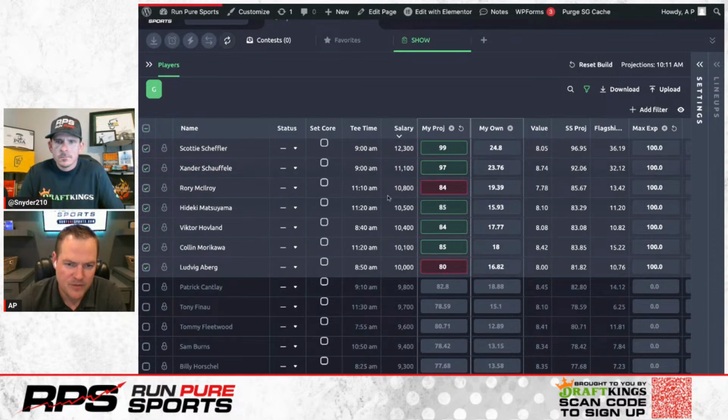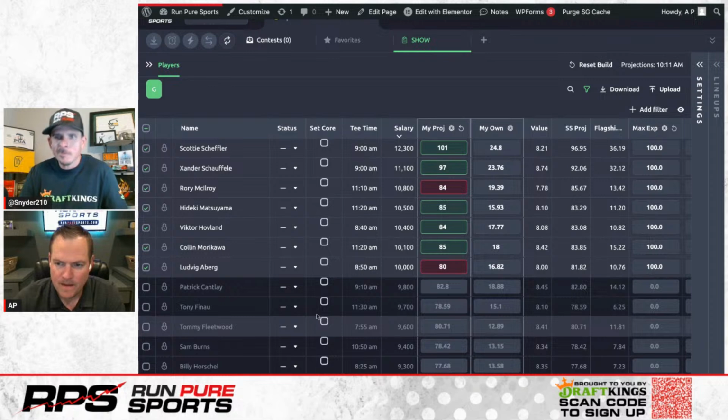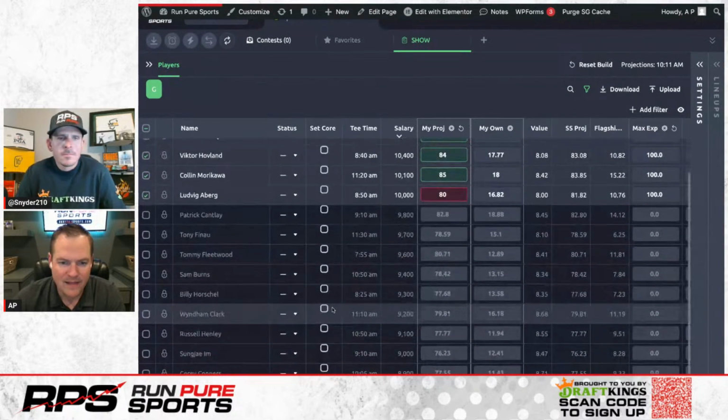And then I want this upper tier, Xander, Scotty, really, really, really to be significantly higher than everyone else. So we got to give Scotty just a little bit more love there, looking at this from a value standpoint. Yep. I like that. Let's keep this going. Right back to you, 9K